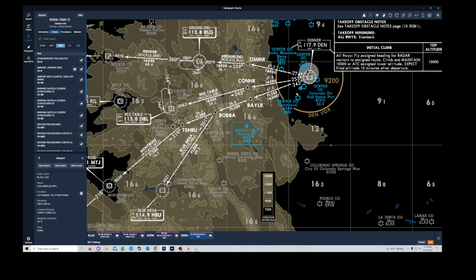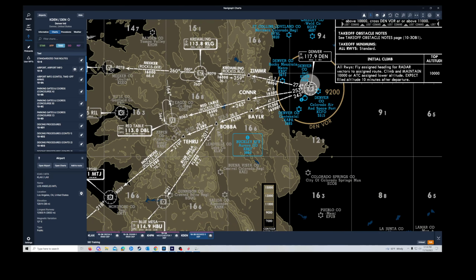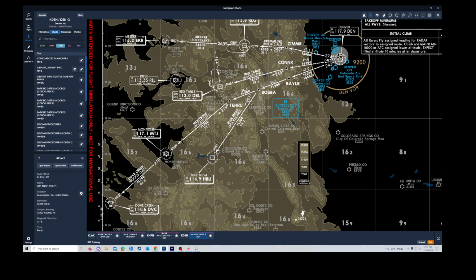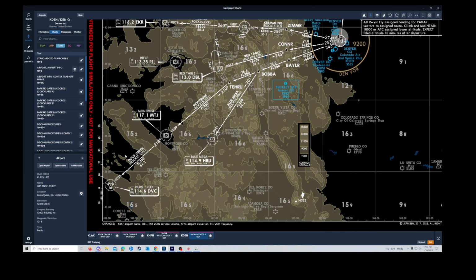So usually, let's say we're flying this Dove Creek transition here. It may tell me, okay, I'm on my 173, right turn, direct Baylor. So I'm going to go direct here to Baylor. This is going to be our transition waypoint. And now I'm starting my pilot navigation to Boba. And then depending on what transition I filed, I'm going to keep flying this until I get to either the